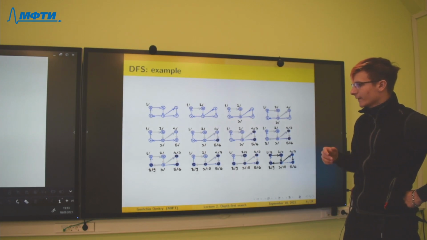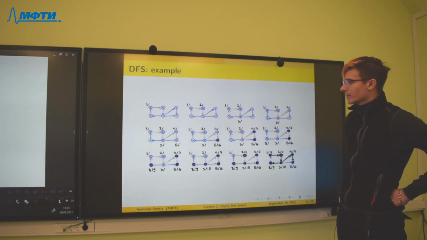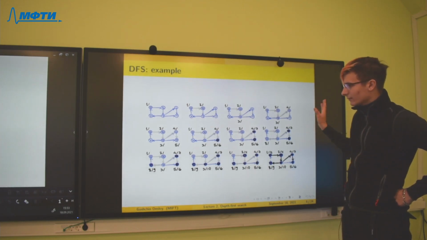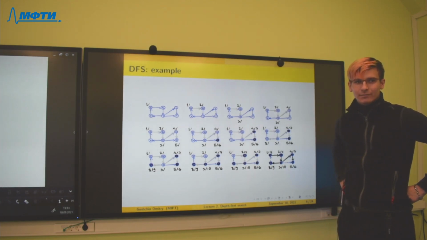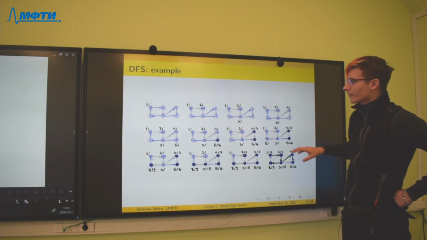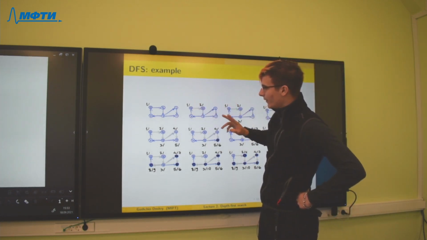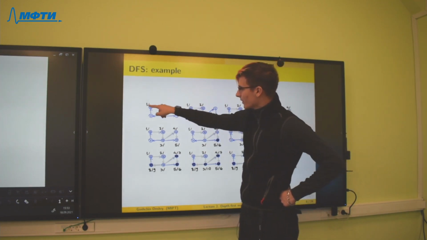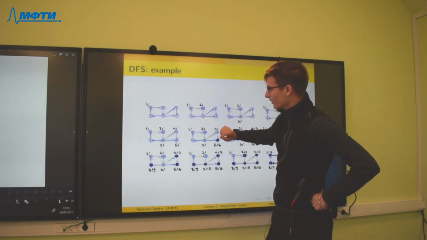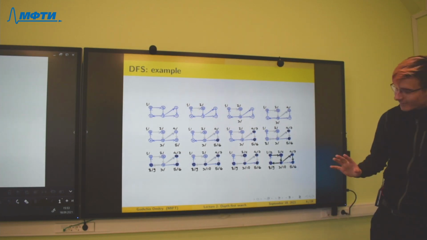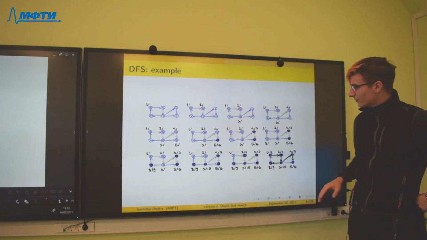About strongly connected components we will talk in some minutes. In this graph we have three strongly connected components, 1, 2, and 3, but we will talk about it not now.